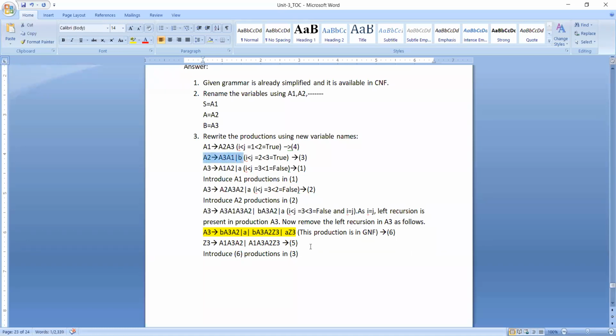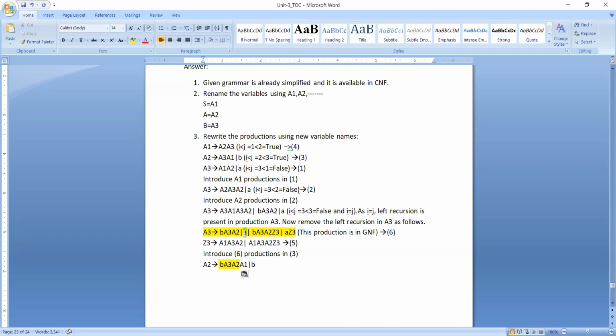So this is 3, you can check it out. A2 derives to A3 A1 or B. Now this production is already there in GNF, but this A3 has to be replaced with this entire production. So first this A3 will be replaced with the first production available in A3. So first this will be removed and we will get this one.